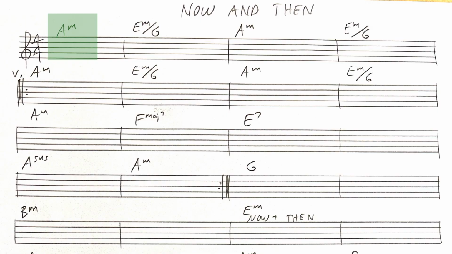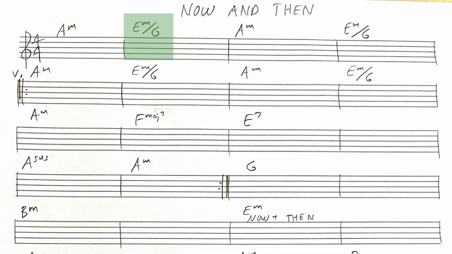So I want to look at Lennon's chord progression because it is very Lennon-esque, if that is a word. The song starts out with an A minor chord and then goes to E minor over G. So immediately we have established that we are not in straight A minor, because if it was A minor, it would be this chord. Doesn't have quite the same sound, does it? So it goes to E minor over G,